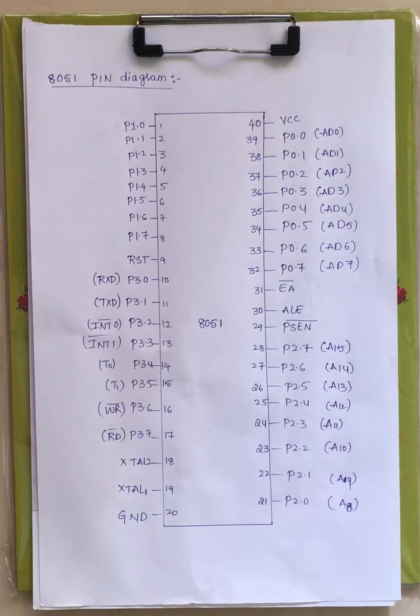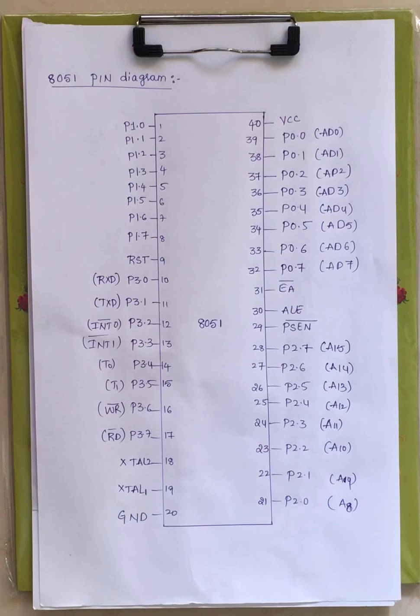Now coming to the basic microcontroller which is included in your syllabus, that is 8051. First let us see its pin diagram. In the next lecture we will see its architecture. It is a 40 pin IC, same like your 8085. This 8051 microcontroller is also a 40 pin IC. 20 pins are allocated to one side and 20 pins on the other side. Now let us see one by one.